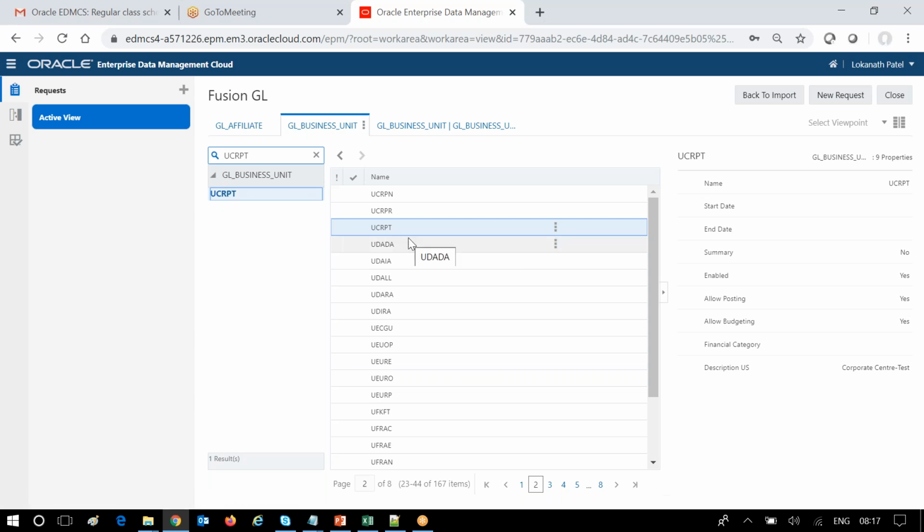So see here, in the UCRPT node of the list viewpoint or the value interface viewpoint, it is also getting changed, because I already explained all these things in the alternate hierarchy session. So Sandeep, you can get the recordings from Firoz for that class. So what is happening here is